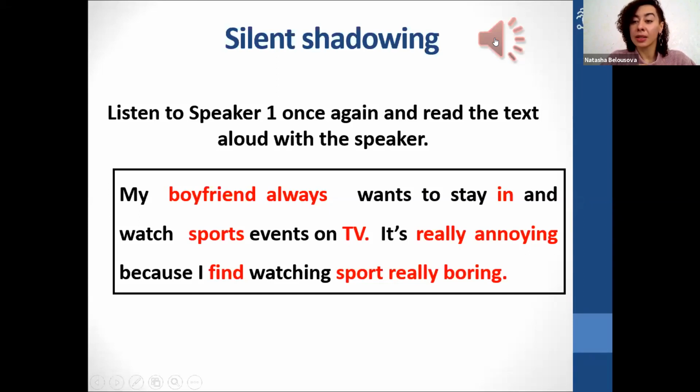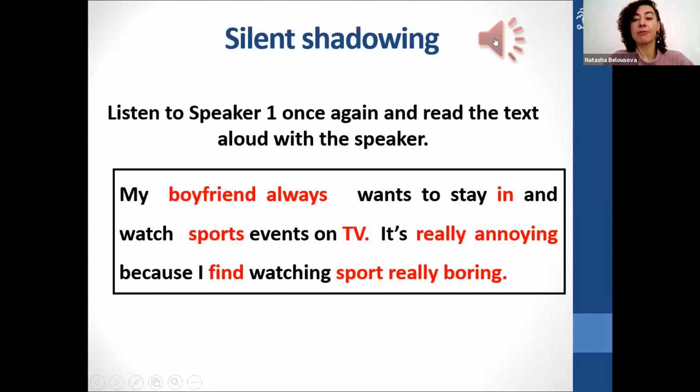And again, at this stage, you can also do it a few times. Alisa, thank you very much. A few times. When you see that the student can really keep up with the speaker, you stop the stage,